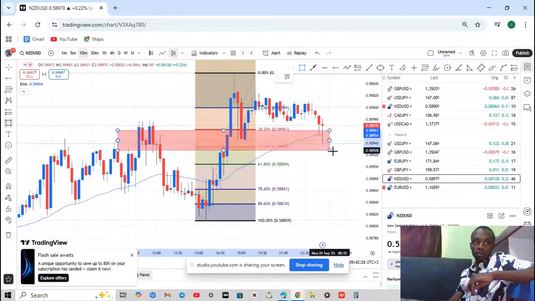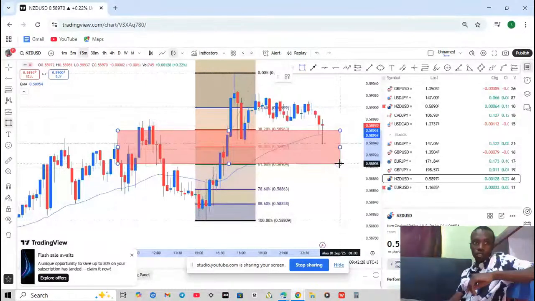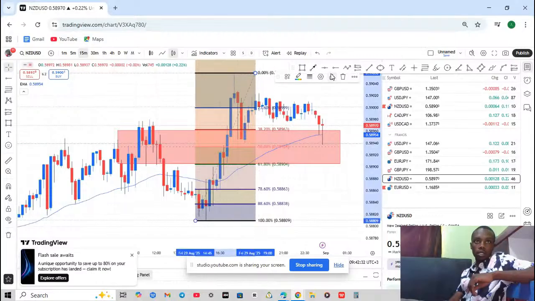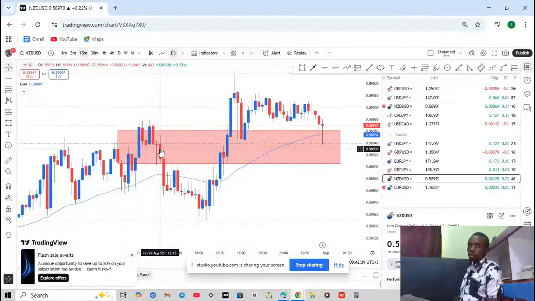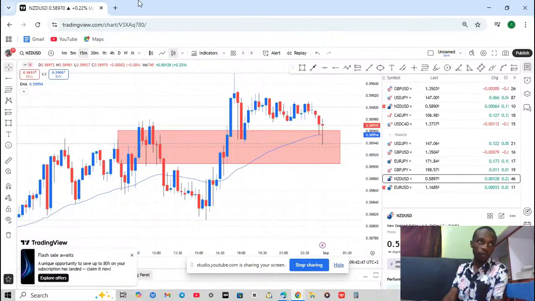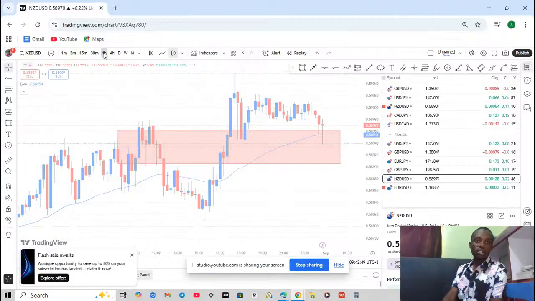Yeah, this major level of structure must lie between this particular zone. And as you can see, the market pulled back to exactly that particular zone. So at this point, you can see all our conditions are officially met. When we go to the 1 hour chart, you can see that the market